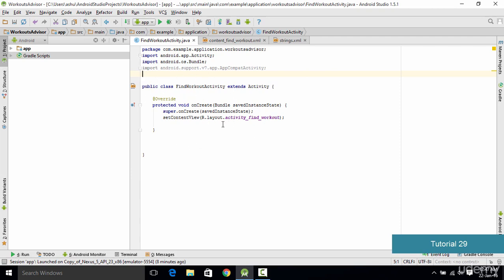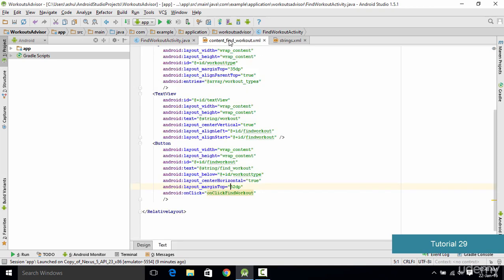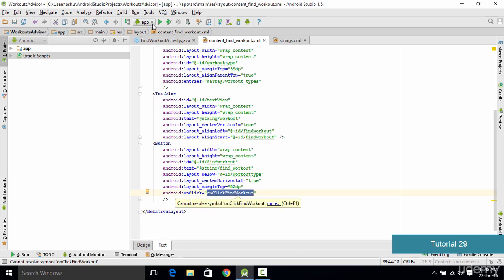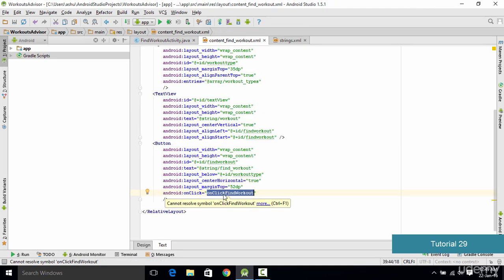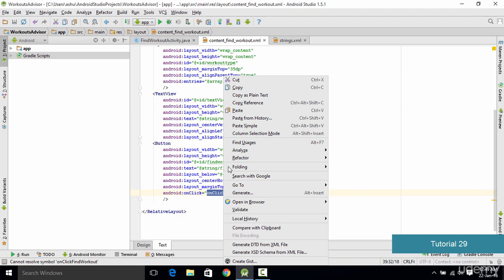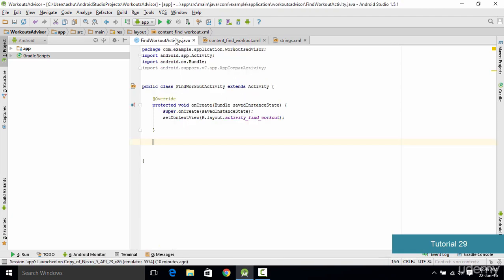So once you are inside this FindWorkoutActivity class, the next thing which we need to do is add this method which we have specified right over here. In order to find it, we go inside this FindWorkoutActivity class and we type in the method name. The method name in this case is going to be onClickFindWorkout. So we simply copy it, go back to our Java file, and we type in